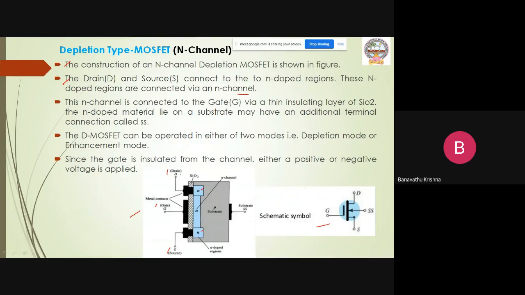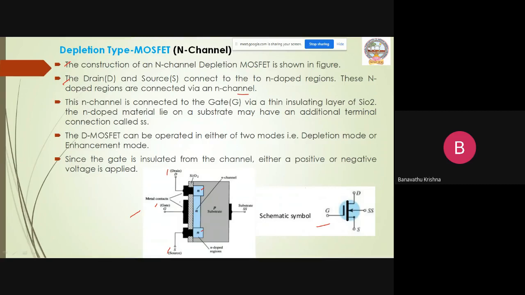Here, this is the SiO2 silicon dioxide layer. Before diffusing the impurities into the P substrate, the silicon dioxide layer covers the entire surface to achieve the required thickness and to protect the surface of this silicon crystal of P-type substrate. Then there is a process to form the drain, gate, and source terminals. It is a fabrication process.